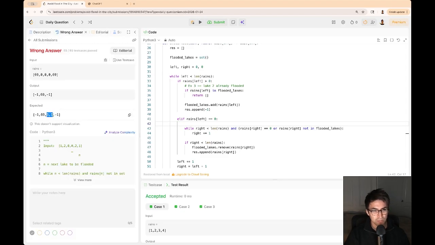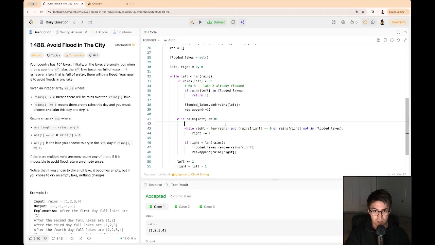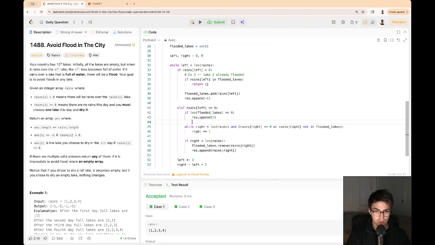So they're appending a 1 if there's nothing to dry, because the lake 69 was flooded, 0th index, dried the first index, and then there's nothing to dry. But I didn't see that in the problem statement. So if length of flooded lakes equals 0, res.append 1. Else